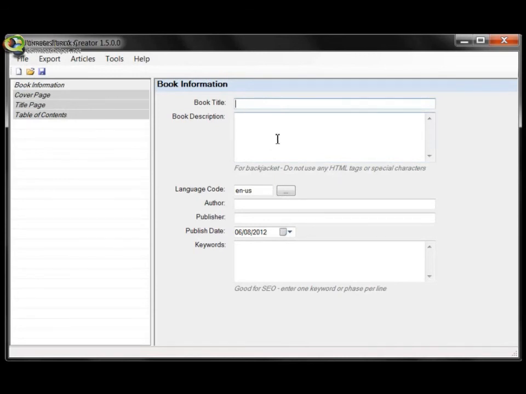So the first thing I would do is fill out the book's information. Now this is the meta information that is embedded within the file that's generated. So the MOBI or the EPUB file will have this information, what we call the meta information. So the book's title is going to be Prabha's Cooking Recipes, and for the description we're going to put in